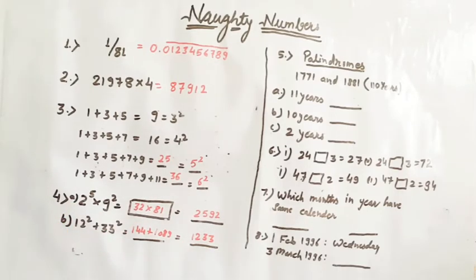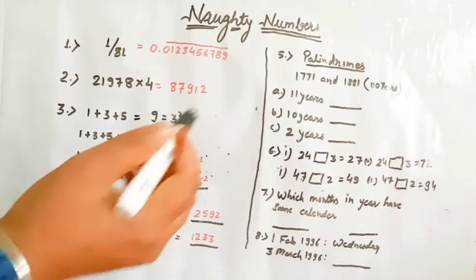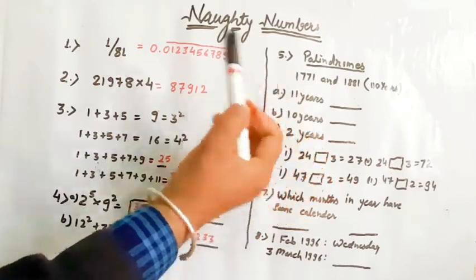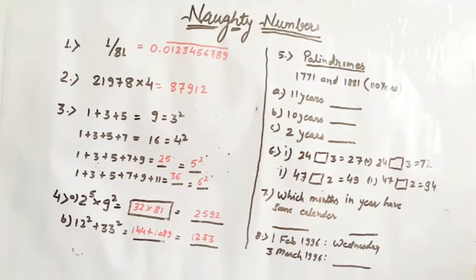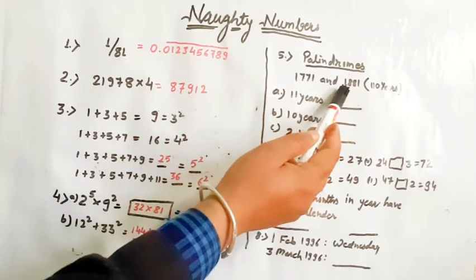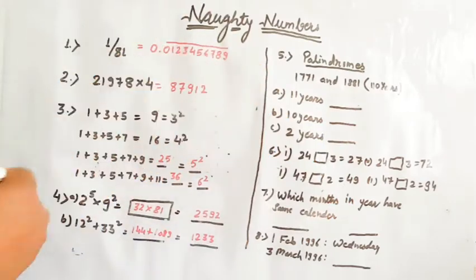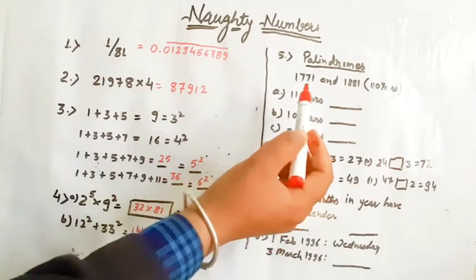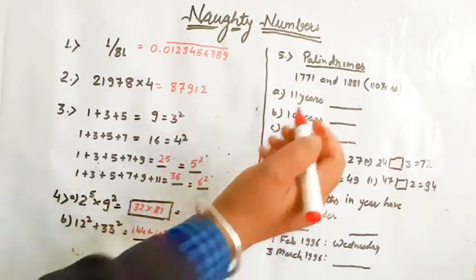Next, we have the palindrome years. A palindrome is a number which, when you read it in given order or in reverse order, will be the same. So these two are the palindrome years where the difference is 110 years. Now you have to tell two palindrome years whose difference is equal to 11 years. So these 2 years are